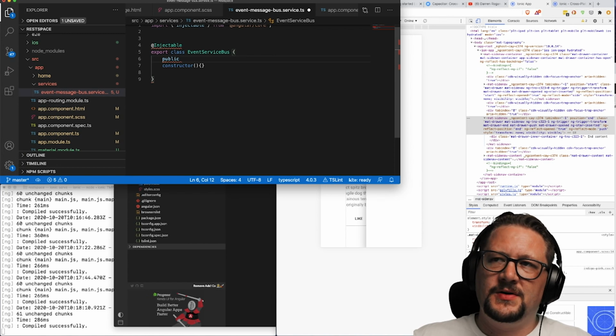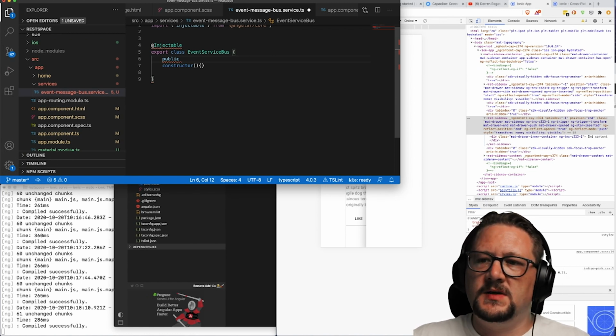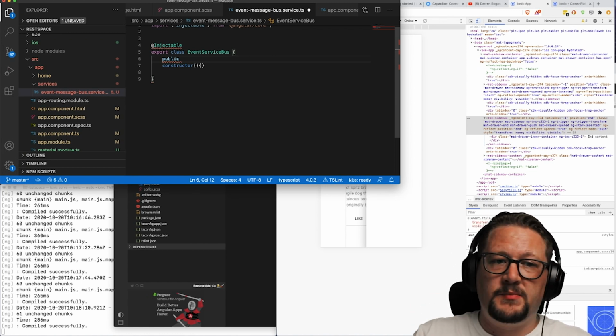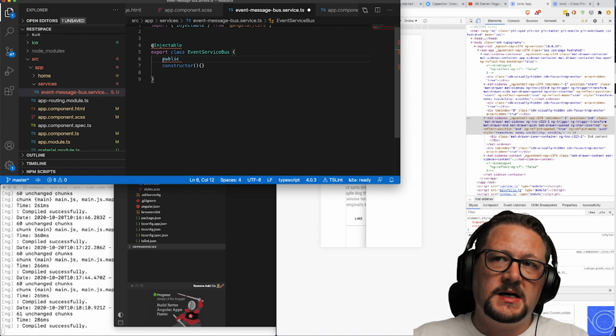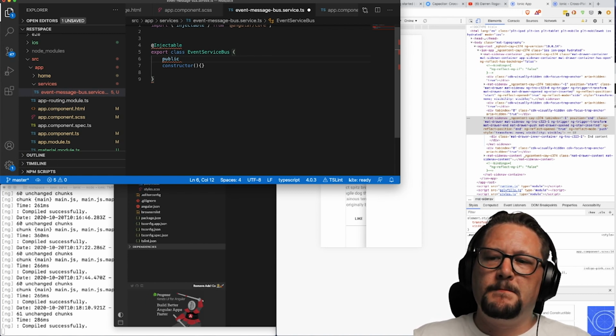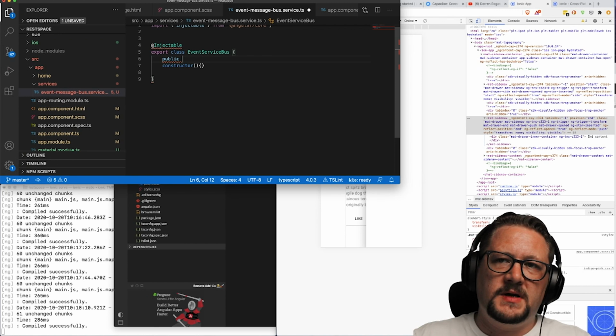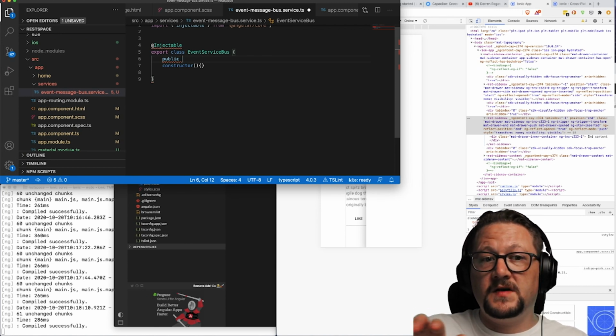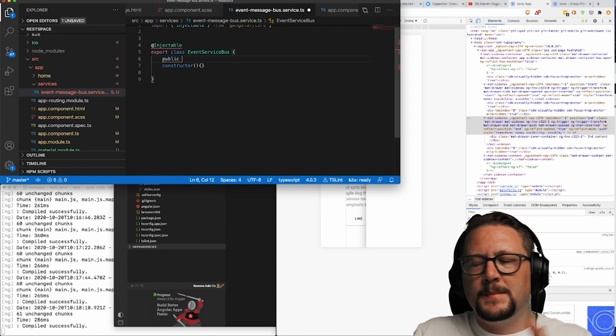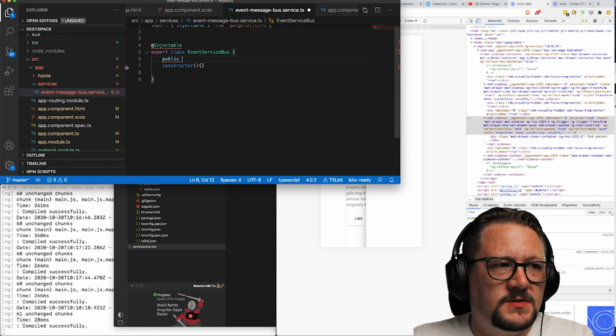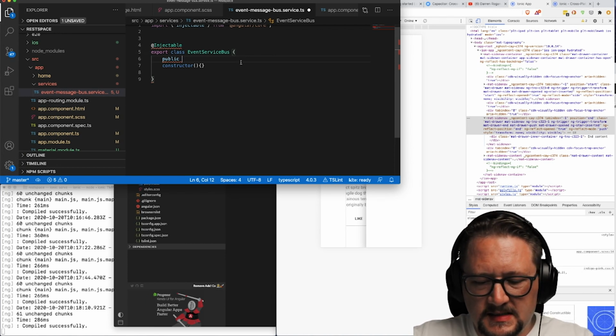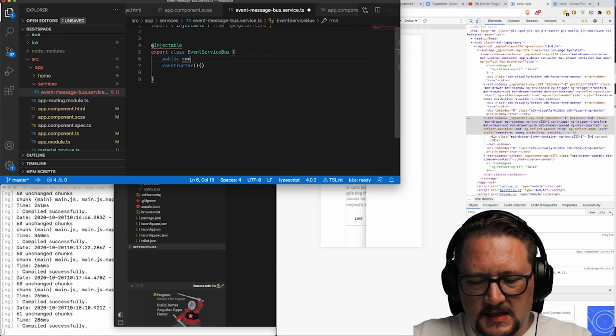That can be beneficial if you're not sure where it's going to get used, so you can just start pushing stuff onto this event bus and other people can subscribe later. But for now, I like to have them separated out, so I know when I'm sending a message to the footer, I'm actually just talking to the footer. Sometimes I have a generic message bus too, but let's just say it's going to be the